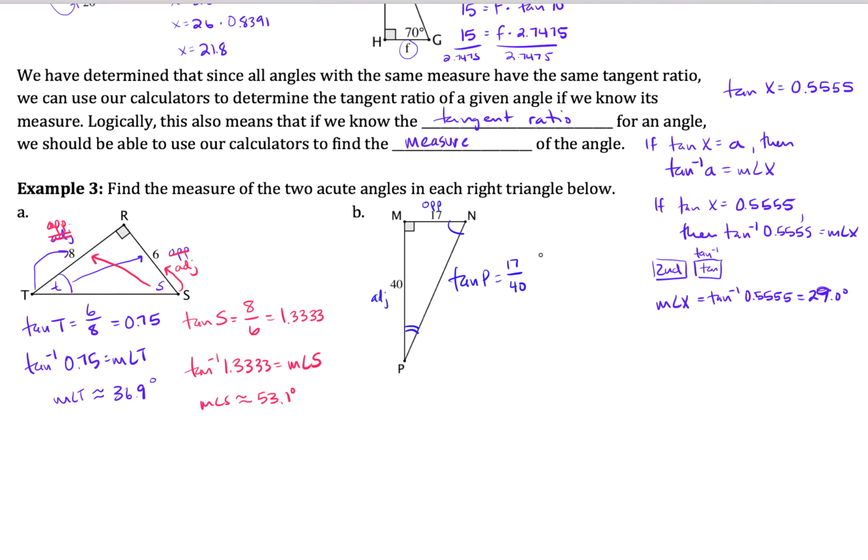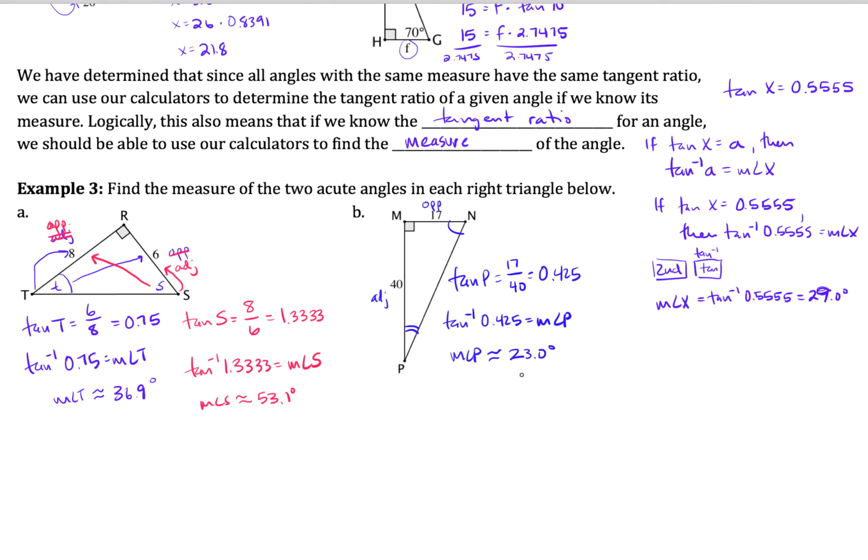Now 17 divided by 40 gives me exactly 0.425. So the tangent of angle P has a value of 0.425. If I do the tangent inverse of 0.425, that should give me the measure of angle P. On my calculator, the measure of angle P is equal to about